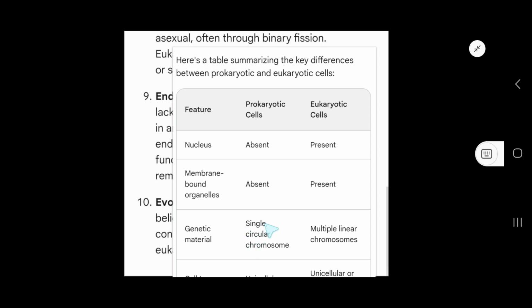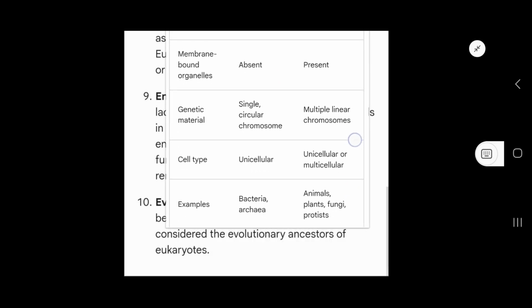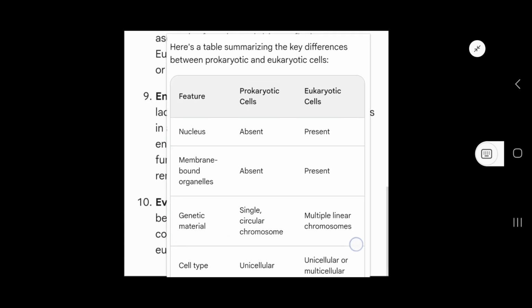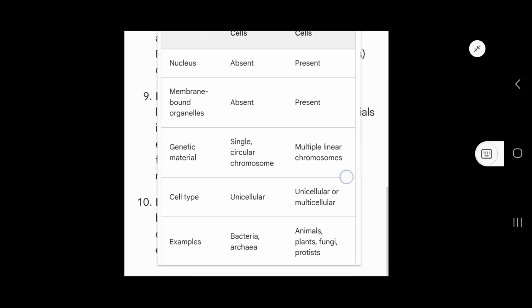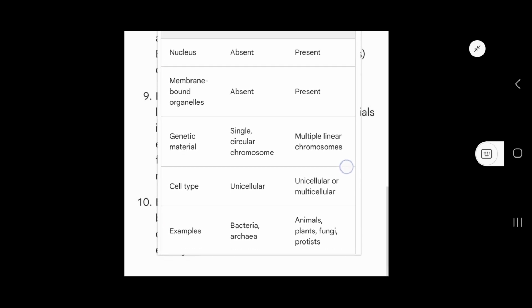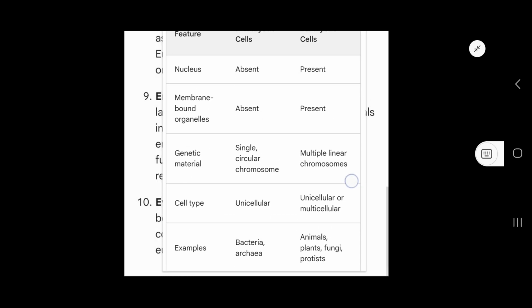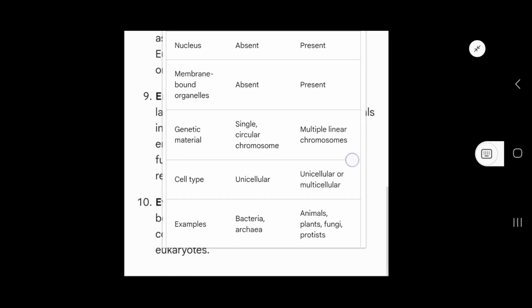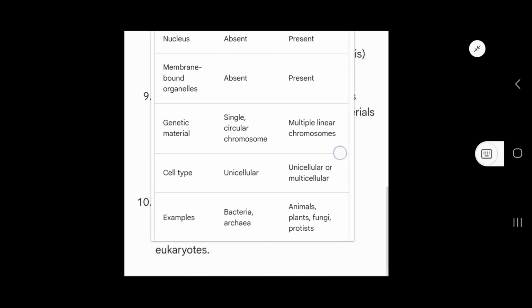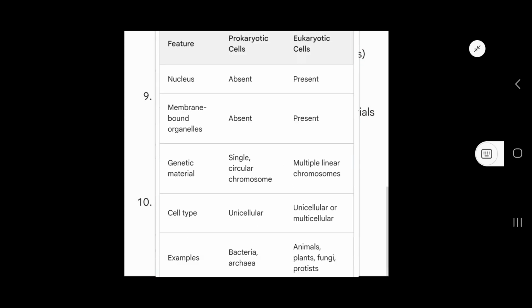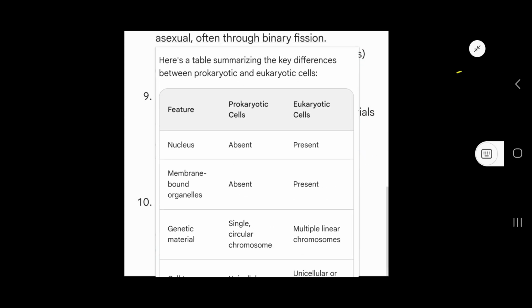Genetic material: for prokaryotic, a circular chromosome, and for eukaryotic, multiple linear chromosomes. Cell type: unicellular for prokaryotes, and unicellular or multicellular for eukaryotes. An example for prokaryotic cells is bacteria and archaea, and for eukaryotic